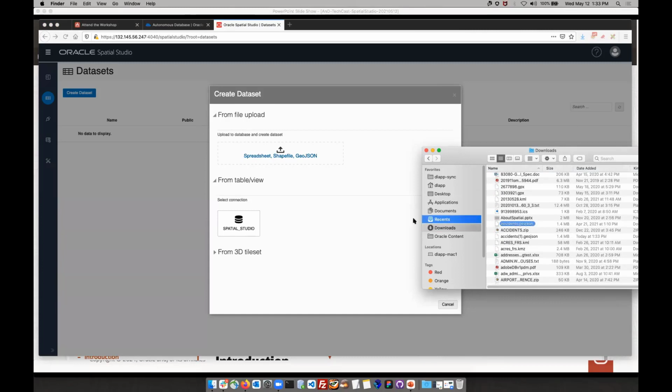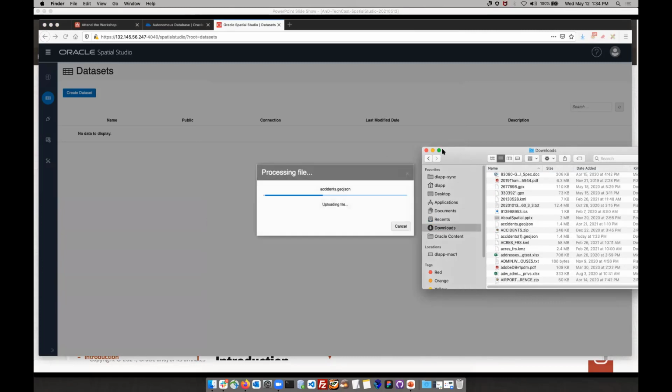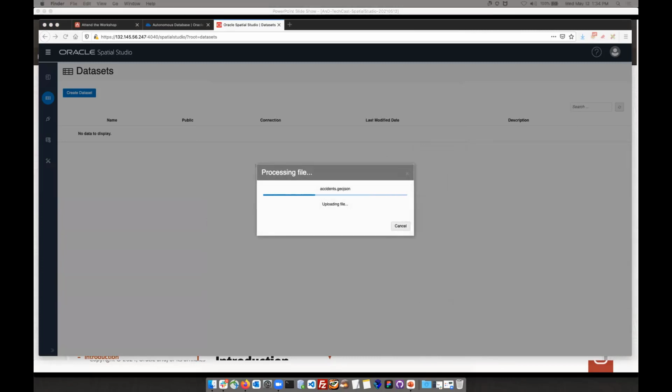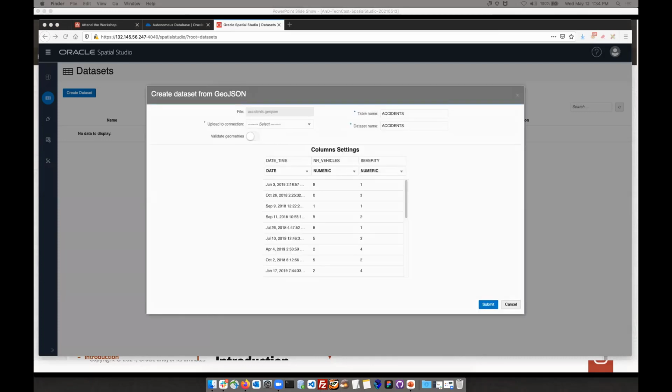So I will drag and drop accidents.json. And then it's going to give me a preview of the data, and this looks fine, just date and a couple of attributes. I have to tell Spatial Studio where to load this data. We only have one connection, and we're just going to use that built-in initial connection for all the data we're working with. Normally you'd have a variety of other databases that you're accessing data from and